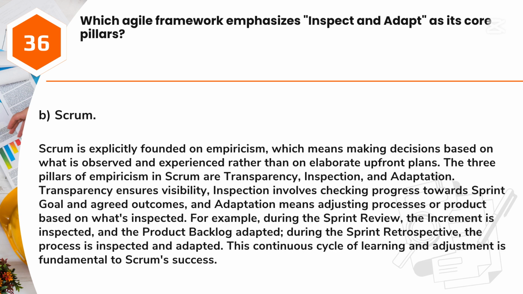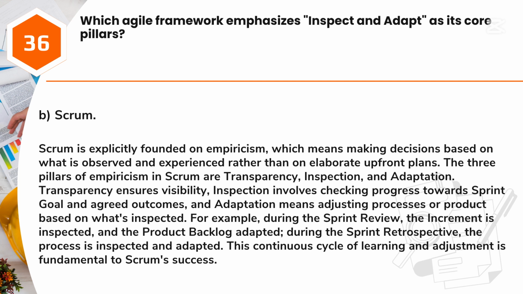Answer: B. Scrum. Scrum is explicitly founded on empiricism, which means making decisions based on what is observed and experienced rather than on elaborate upfront plans. The 3 pillars of empiricism in Scrum are transparency, inspection, and adaptation. Transparency ensures visibility, inspection involves checking progress towards the sprint goal and agreed outcomes, and adaptation means adjusting processes or product based on what's